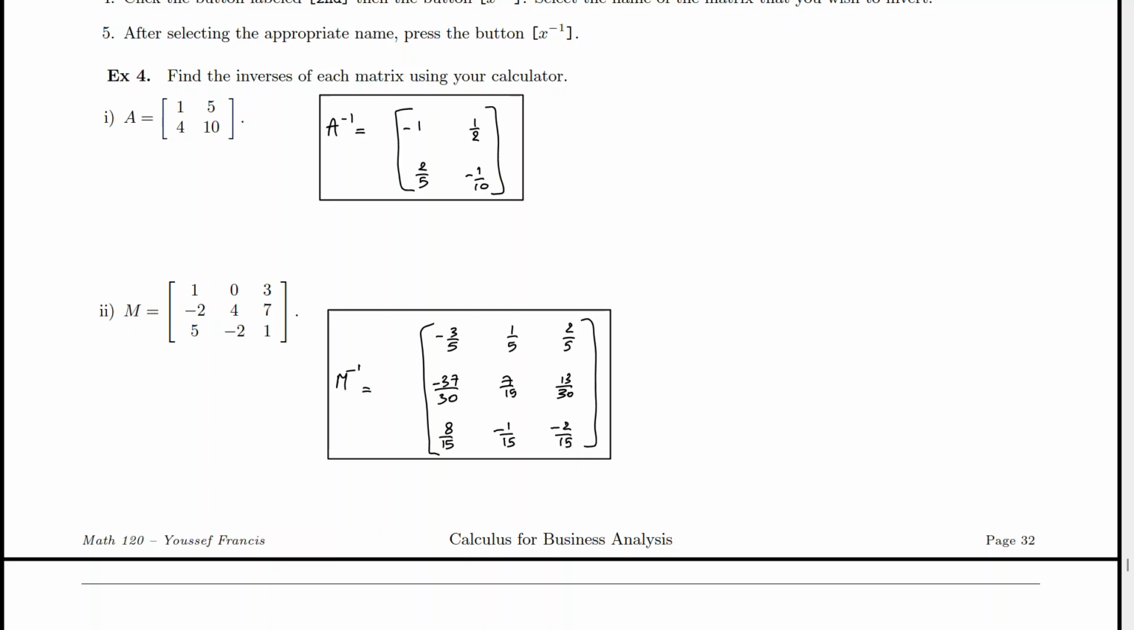And here are the solutions. I hope that you got the same numbers. So for A, we already know the inverse. We've kind of done it before. But for the matrix M, it's a 3 by 3 matrix. So just to show you how I did that,